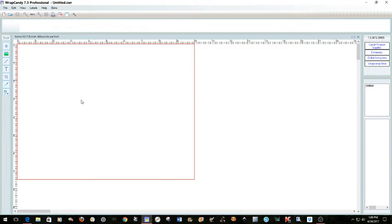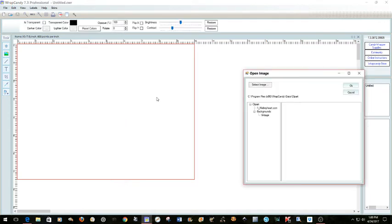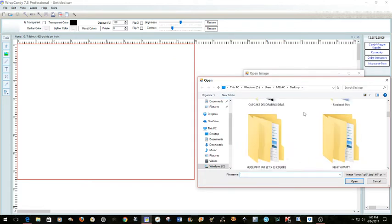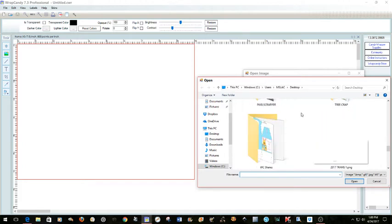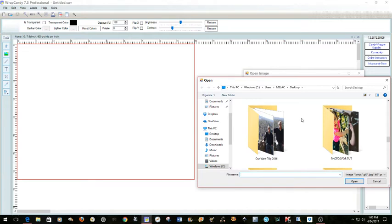Normally what I use this type of collage for is a card, like an invitation. I have been doing invitations for about 8 years, and so I'm going to show you how easy it is for me to use this particular collage to make an invitation. So let me go into this particular